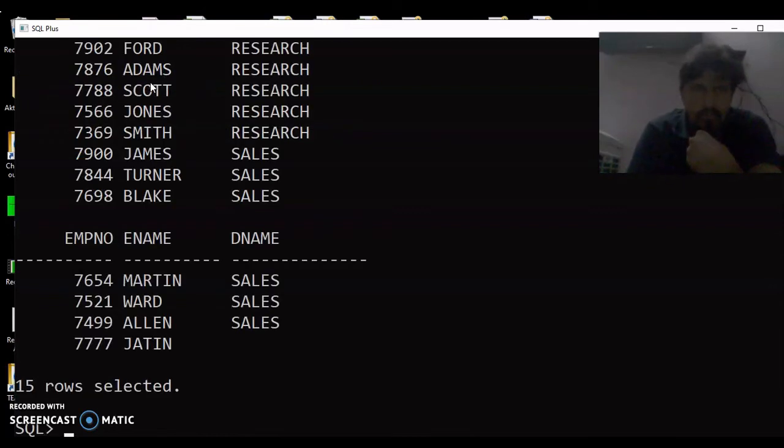So now you can see that in this 15 records selected. So there is another record called 7777 Jatin, which is in left, which is in EMP table, which is not matched with the condition. So it has shown that record also, which is left outer join.